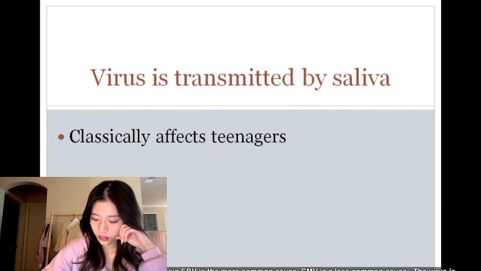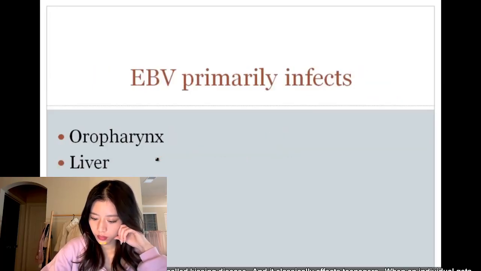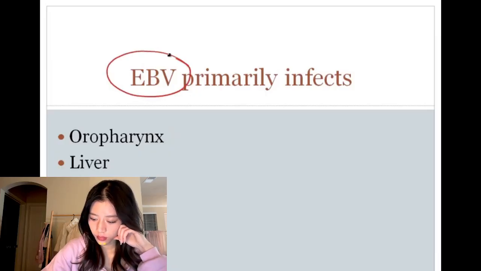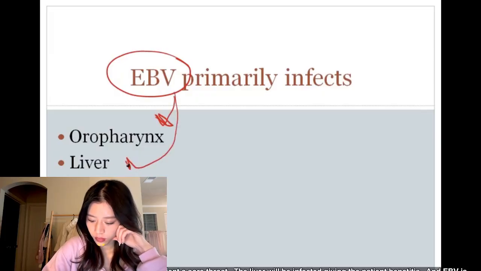The virus is transmitted by saliva, and in fact, this disease is also called kissing disease, and it classically affects teenagers. When an individual gets an EBV infection leading to infectious mononucleosis, there are 3 tissues that are going to be infected. The oropharynx will be infected, giving the patient a sore throat. The liver will be infected, giving the patient hepatitis, and EBV is an important cause of hepatitis, and the B